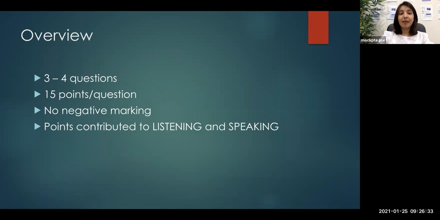And this is the marking criteria. So 15 points per question. Remember, like I already mentioned in the other speaking tasks and all the other tasks, if you have not watched the other modules of PTE, make sure you watch those first, so you will understand this better, especially if you can watch repeat sentence, read aloud and describe image before you watch retell lecture. It would be much easier for you to understand this module.